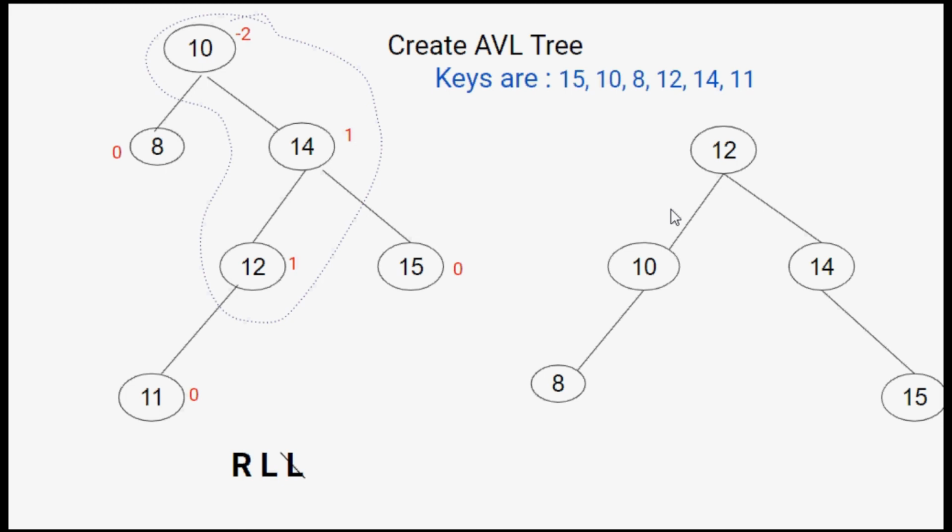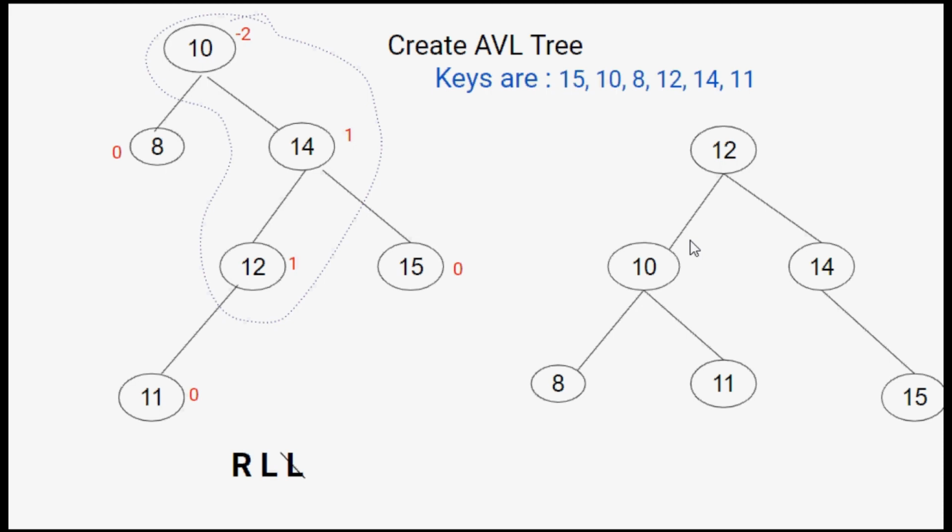Okay. Now see, we have pushed this 12 upwards. So there is no node on the right of 12, but on the left of 12 we have one node, that is 11. Now 11 needs to be on the left of 12 only. But when we look at the left of 12, we already have a node, that is 10. No issues. Compare 10 and 11. When I compare 10 and 11, I find 11 is greater than 10, so it should be on the right of 10. Now you can see it is fulfilling all the properties of a binary search tree: nodes greater than the root are on the right side and nodes less than the root are on the left side.